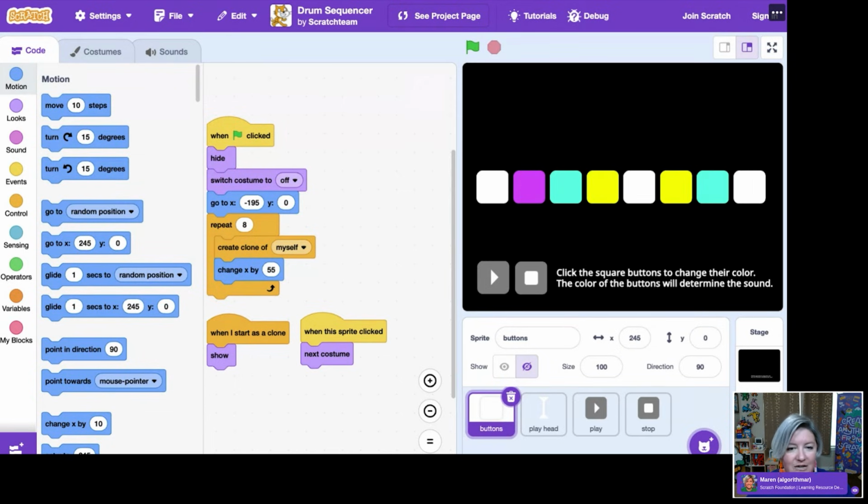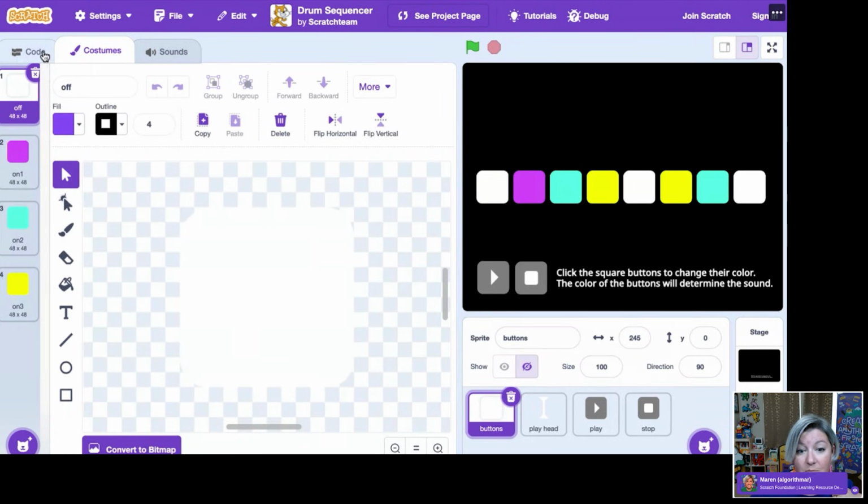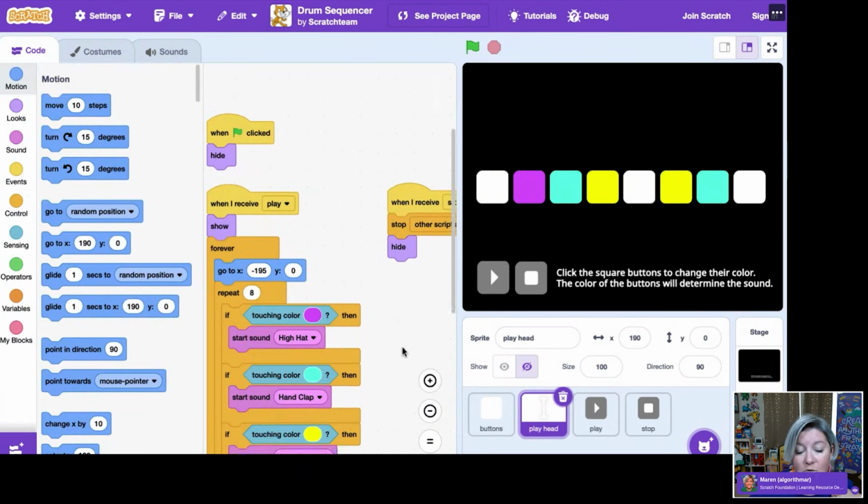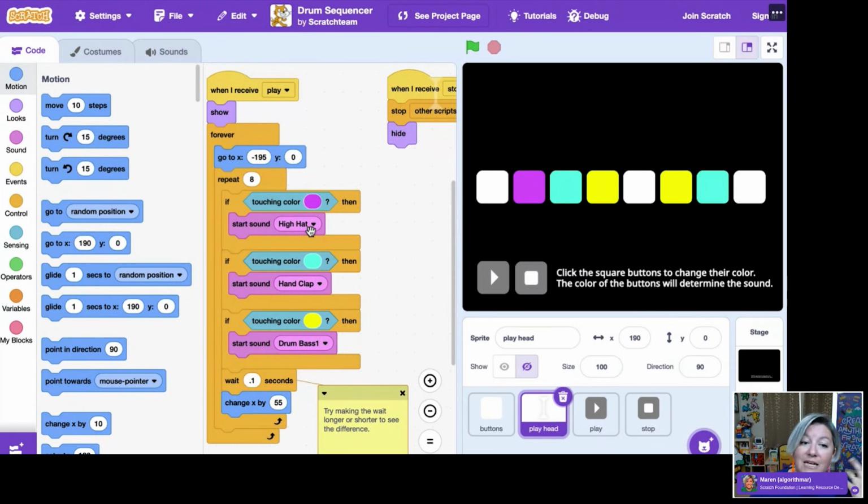And it's a really interesting way of being able to think about how you're making a beat, where the rests are, where the white is, that is kind of a rest, versus where the color is, that is associated then with a different sound. And so as it's approaching the pink, it plays the hi-hat sound. The blue is a clap. The yellow is a drum beat. And so you're able to create your own music using this really fun sequencer.